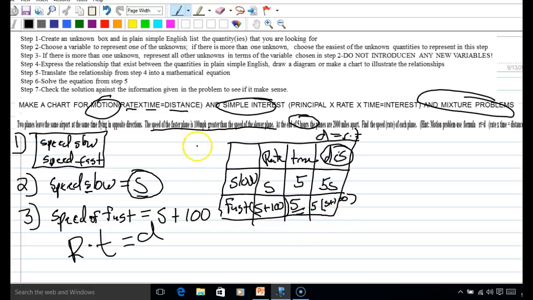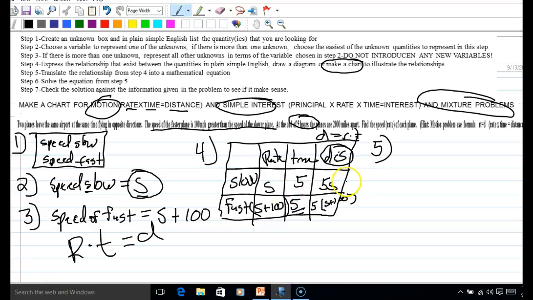So this is step 4 for a motion problem, or for a simple interest problem, or for a mixture problem: we're going to make a chart. You will always make a chart for these three types of problems. Now, I say that if you do a good job developing the first four steps, the equation falls in your